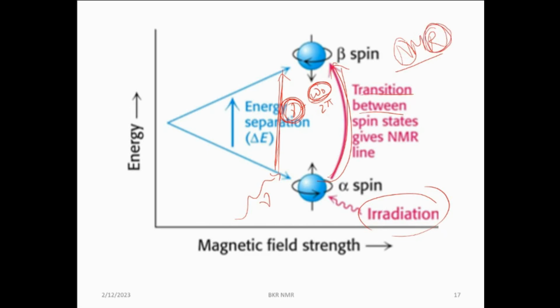R is resonance. What do we mean by resonance? The instrumental frequency should resonate with the precessional frequency. When the radio frequency I give is similar to the precessional frequency, the nucleus will jump from the lower state to the upper state. That is why they say it resonates. We use this colloquially too: when things resonate, they are alike, our frequency is the same. If I and my friend have the same frequency, we'll gel together. So here the radio frequency and precessional frequency gel, and when they become the same, the nucleus gets excited from the lower state to the upper state,